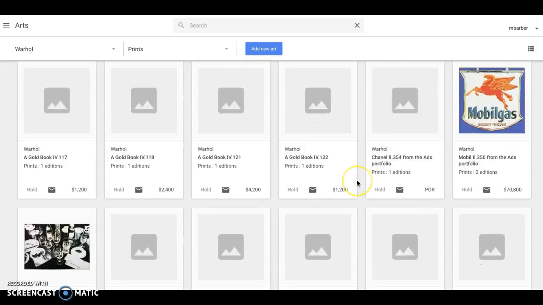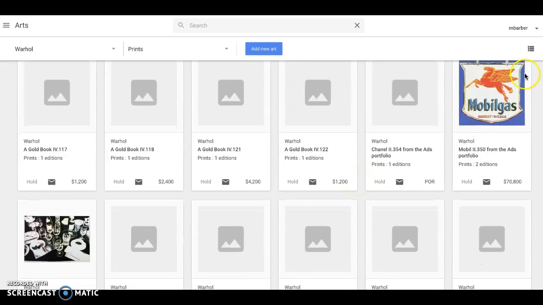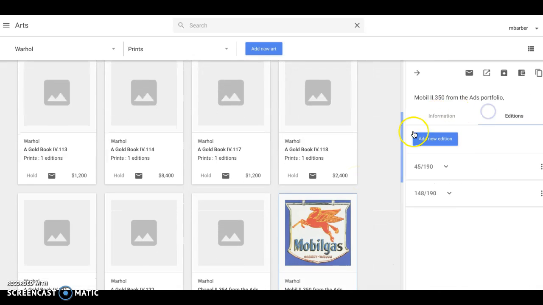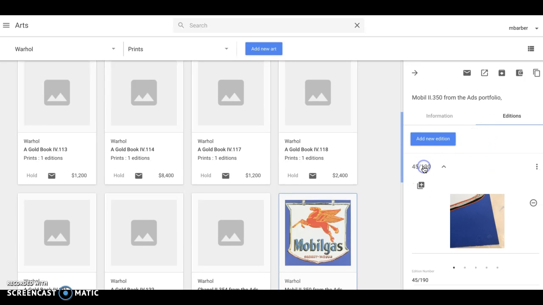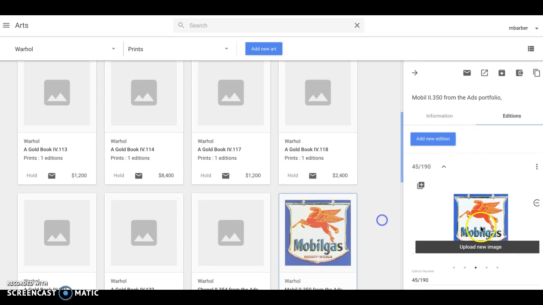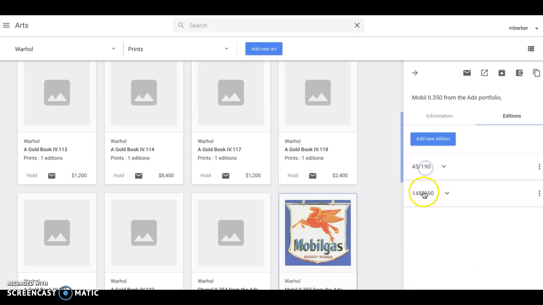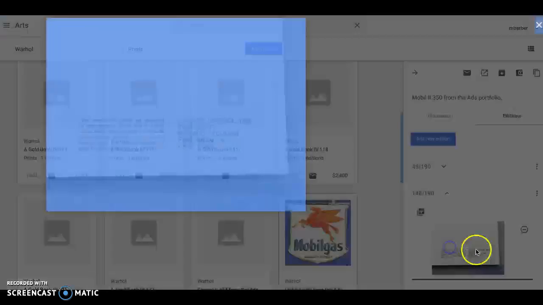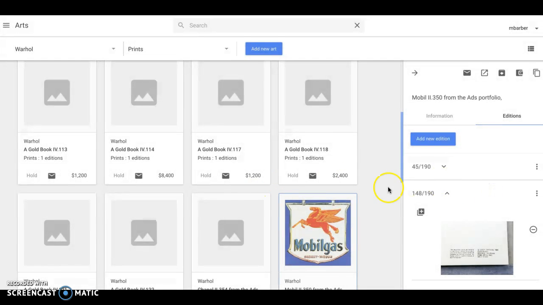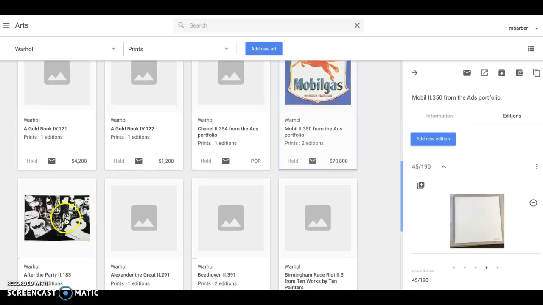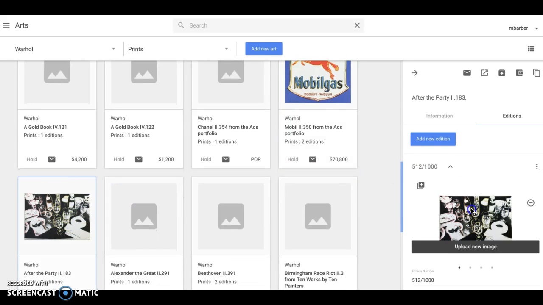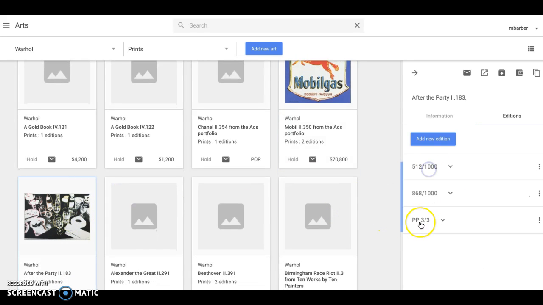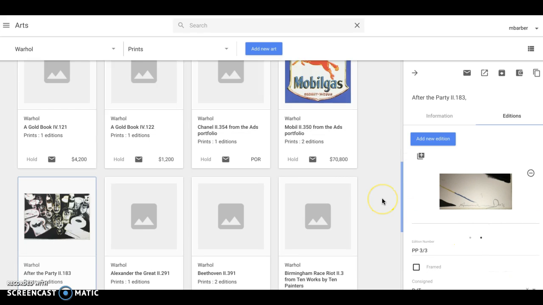So I was able to upload the images, which is great. It's nice to be able to see that function work. 45 of 190, I have all these images here. 148 of 190, I have these images here. You can see that's very frustrating, but I'll get on that point right now. And then we get to after the party, 512. I have images here. So I'm able to upload the images, which is exactly what we wanted to do. So now we can start uploading,